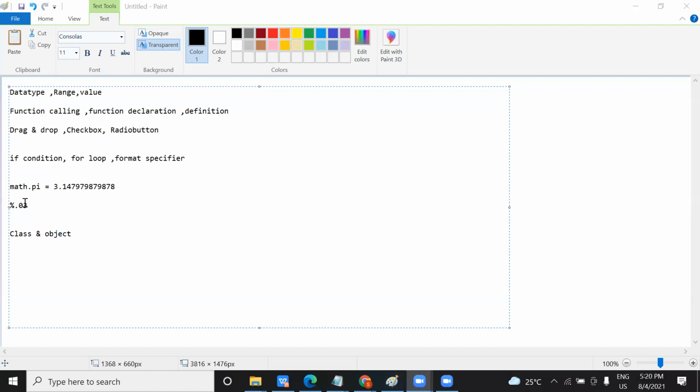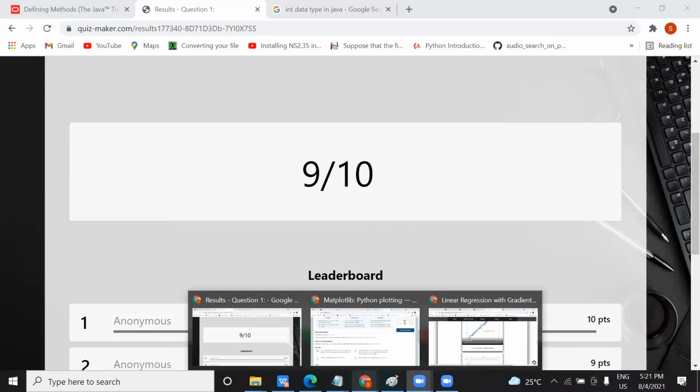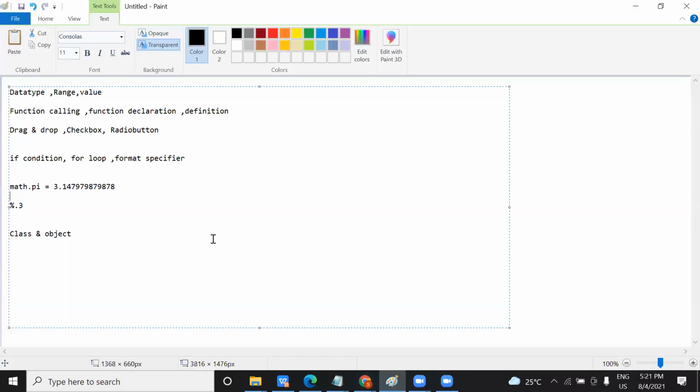percentage 3 in the sense here, this is a format specifier, means what will be the length of what you want to print. For example, let me show you once again. I am asking whether there is any difference between 03 and printing 3 only. 03 means there will be a 0 added in that result.